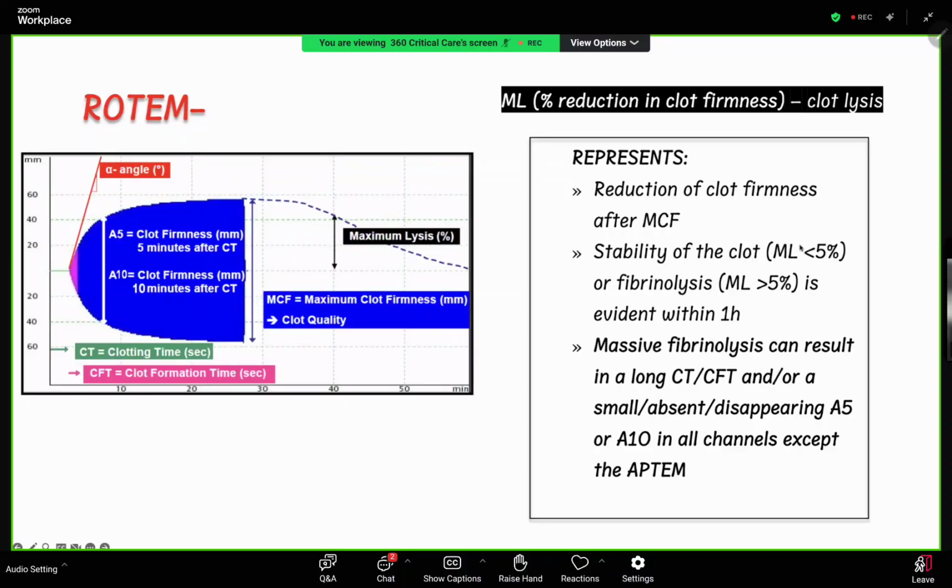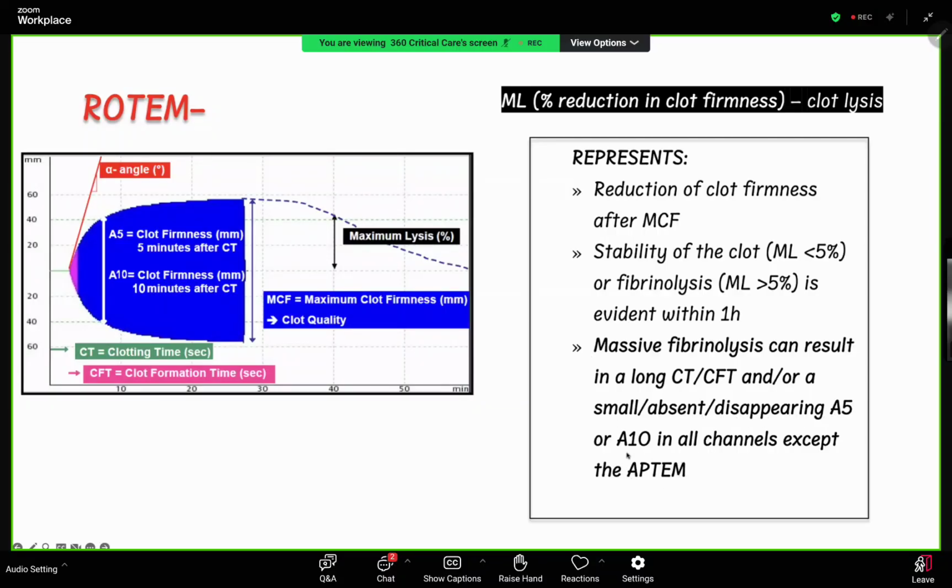If maximum lysis is less than 5% at the measurement time, this is normal. But if the ML is more than 5% at or within 1 hour, then it is a sign of fibrinolysis. Massive fibrinolysis can result in a long CT or clot formation time or a small or absent, disappearing A5 or A10 in all channels